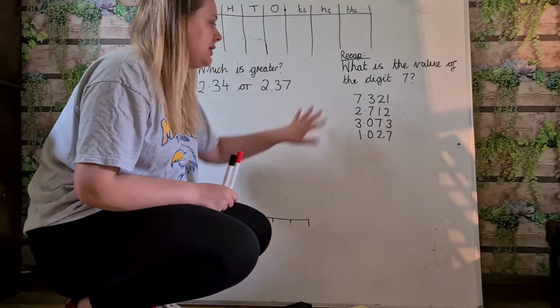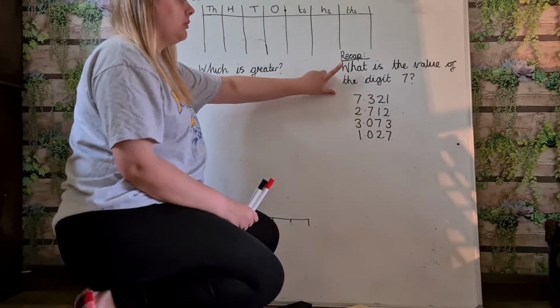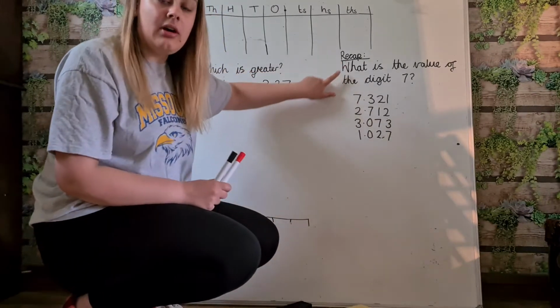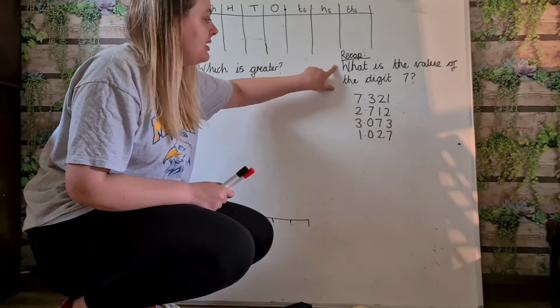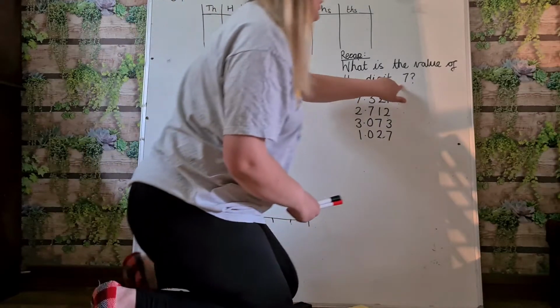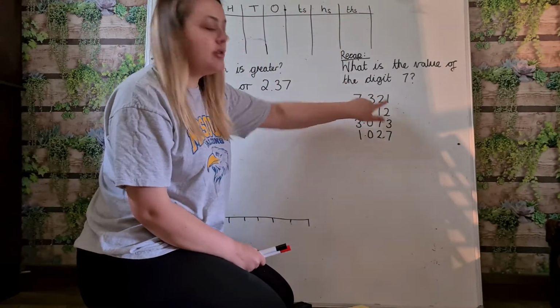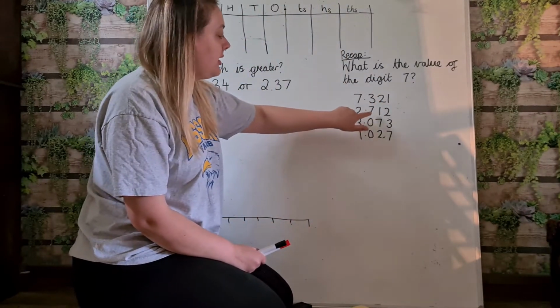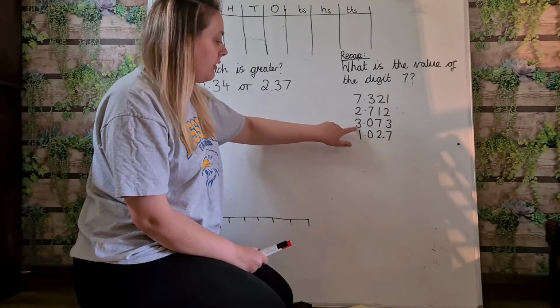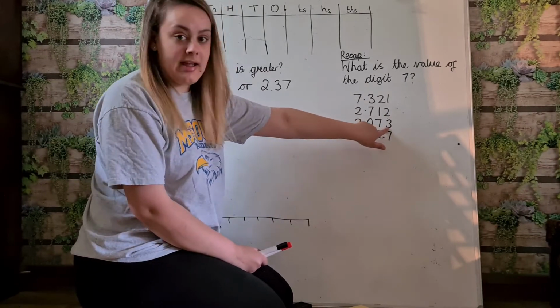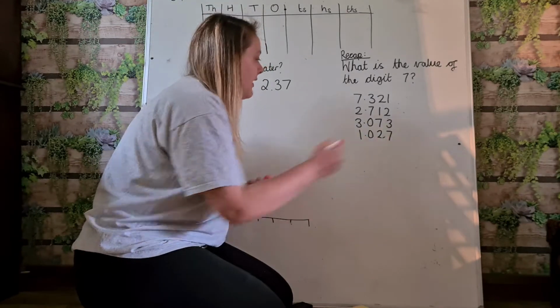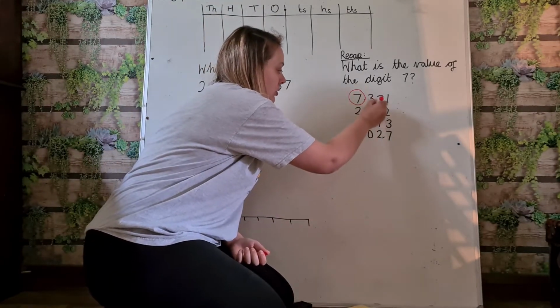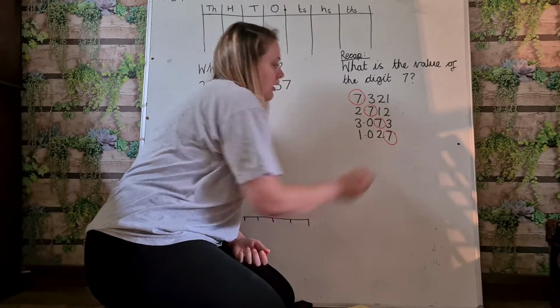But first of all, we're going to do a bit of a recap. So we looked at yesterday the value of different digits in decimal numbers. So I've got here, what is the value of the digit 7? So we've got 7.321, we've got 2.712, we've got 3.073 and 1.027. Now if I have a go and circle all of the 7s,